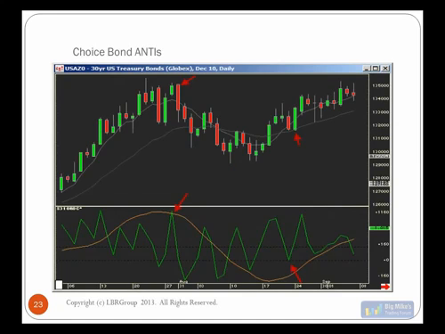Some of my biggest wins have come when this slow line has just turned down and I get that first sell short day flip on the 2-period rate of change. Okay, those have been probably some of my biggest 2 to 3 day trades over my trading history, and you'll see this in the S&Ps as well. So here would be the opposite case where this slow line just turned up, and here we go, boom, buy day. I know that my model says to be long by the close,